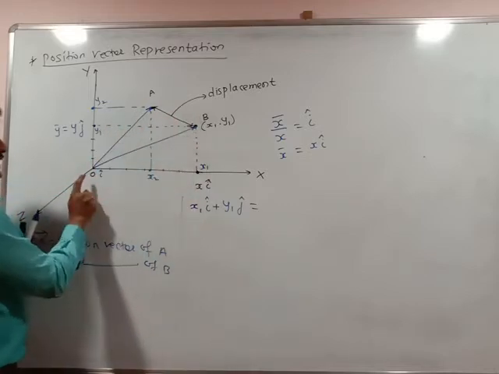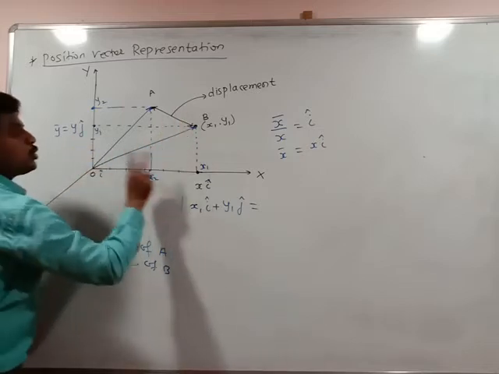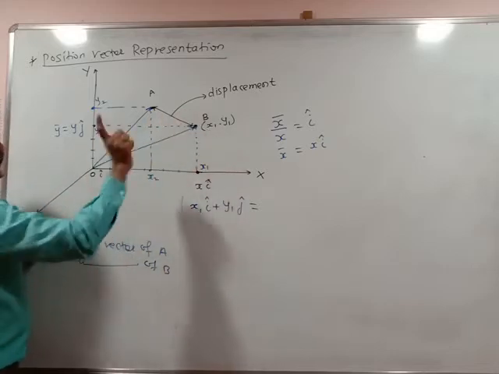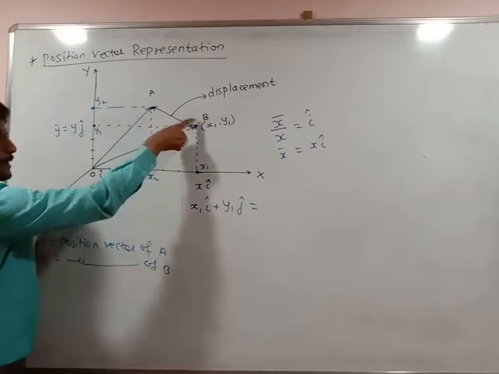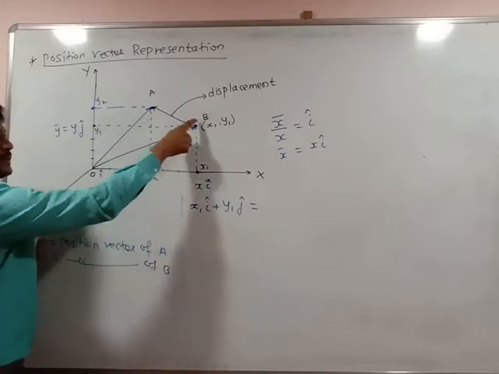If you go directly O to B, you will get the same point, and if you go indirectly O to x and x to y, you can again go to the point B. Means target is same. You have to reach point B, either O to B or OX and XY. You will get the same point.